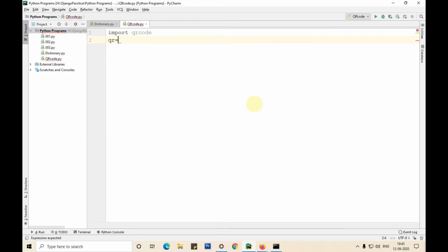The variable's name is qr, and I'm assigning some data to it, that is, the data from the QR code library: qrcode.QRCode. Make sure that the first three letters of the second QRCode that you are writing are in capital.